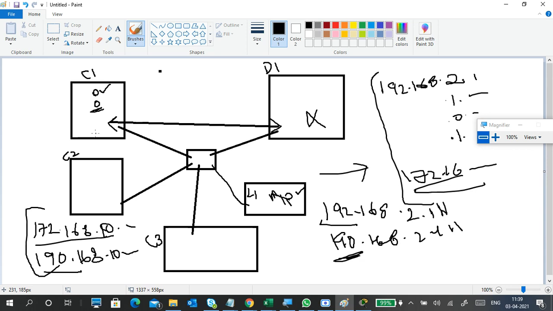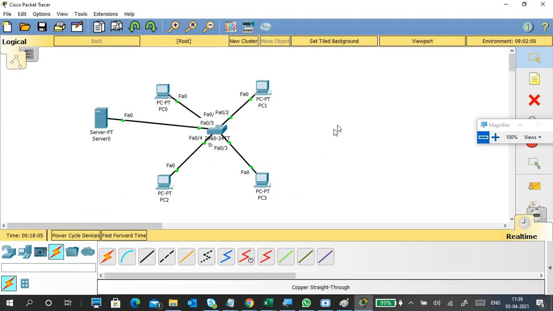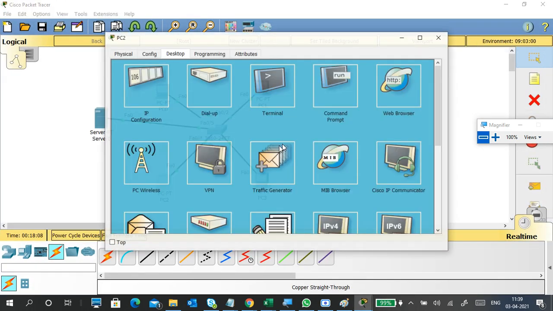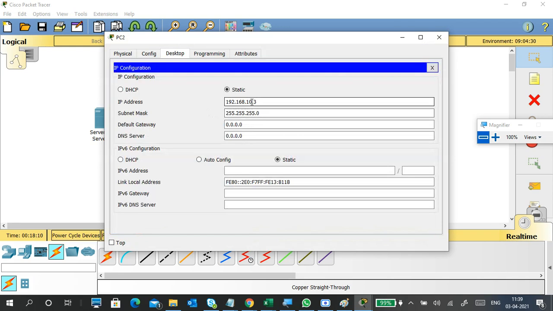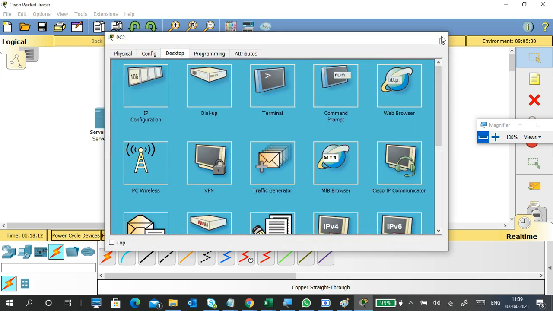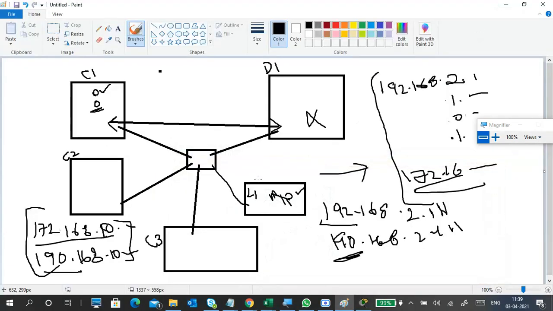Different network IP addresses won't communicate with each other, and you don't notice it, right? Manual entry gives you a way to enter IP addresses wrongly. Here I entered the 2 dot series, this is now the 10 dot series, but earlier I gave 2.3. So it is a different network.